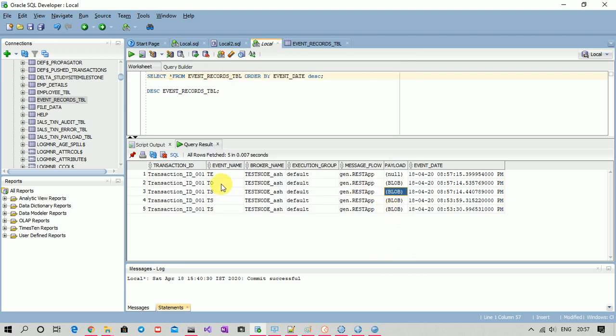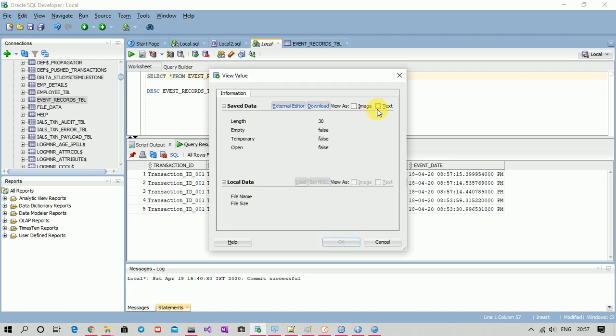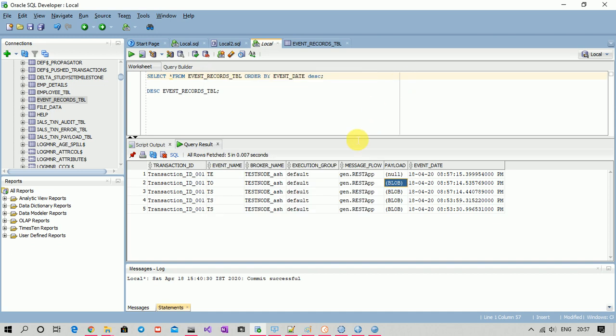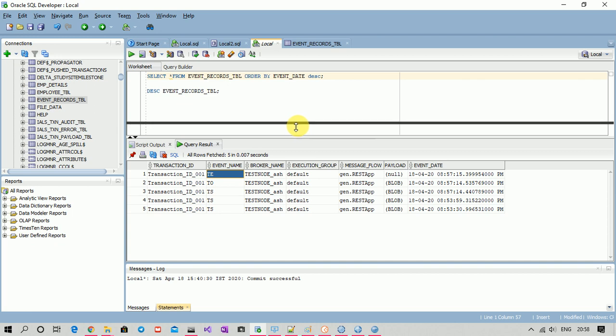This is my transaction out, this is the message out, the final output message received by my HTTP reply, which is record inserted. Now this is finally my transaction end. So here I am monitoring my transaction, right? These are nothing but the audit logs. Here I can see that my transaction has successfully started, successfully sent the output message, and successfully ended. So here we can examine that my flow is behaving in the right way.